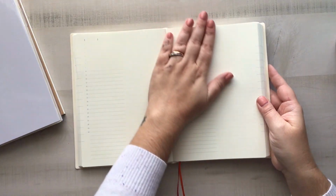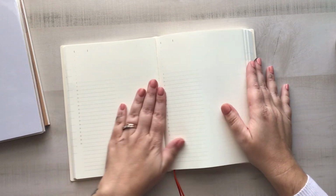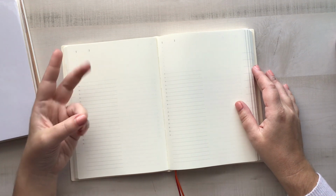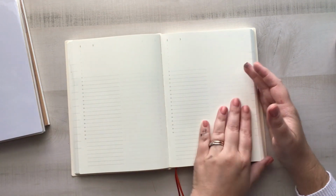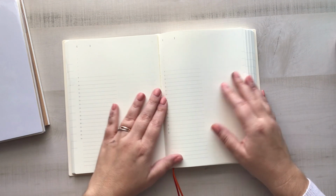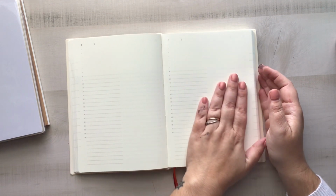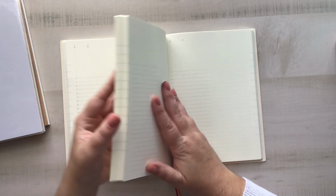I think what I'm going to use this for is normal planning, keeping track of appointments, keeping track of work, keeping track of home life, keeping track of everything. This is sort of going to be my everything notebook. Some days there will be lots of creativity. Some days there's just going to be pure writing. It's going to be an archival journal in a sense,